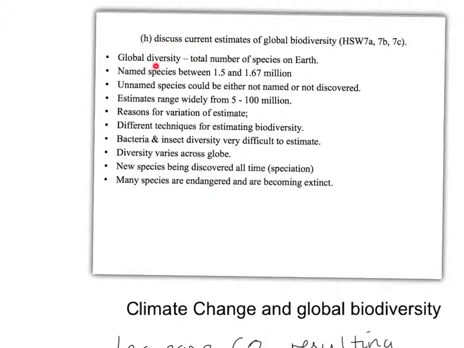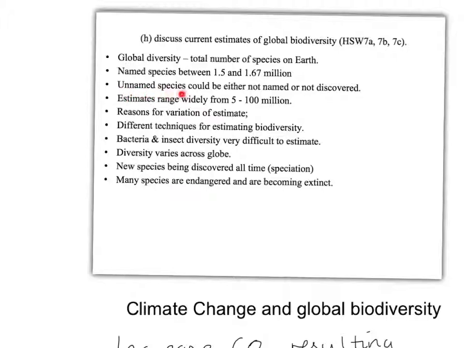Global diversity would be an estimate of the total number of species on the Earth, which is obviously a huge undertaking to work out, for all sorts of reasons. We reckon there are between 1.5 and 1.67 million known named species on the planet Earth,